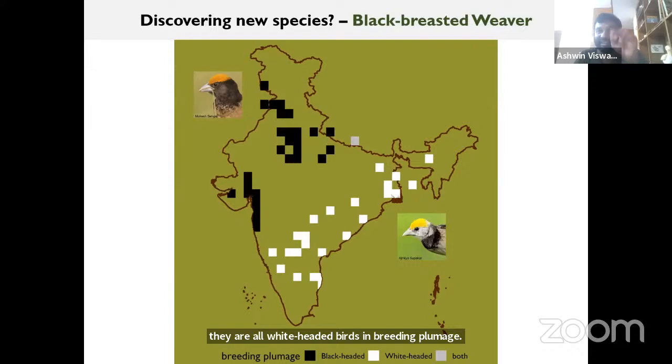There are some areas in some part of Uttarakhand, Nepal, the UP, where both seem to meet up. So this is a really interesting pattern. There's a clear geographic separation, and maybe these are even different species. And this is something that requires somebody to do genetic research and understand whether they are the same taxon or not, and how are they different.